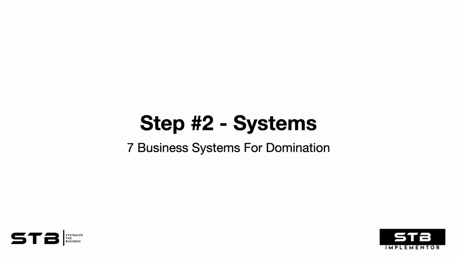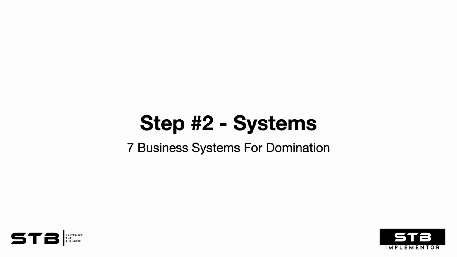And then step 2 is systems. 7 business systems for domination. And what you want to do here is, these systems should already be figured out if you've done step 1 correctly and you were thorough, you took your time, you were very patient, and you really took time to figure out, okay, what systems do I really need to have in the beginning stages, or in the position my company is now, or for a startup,